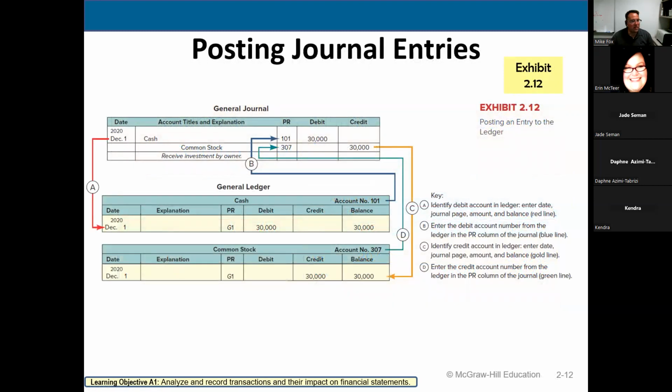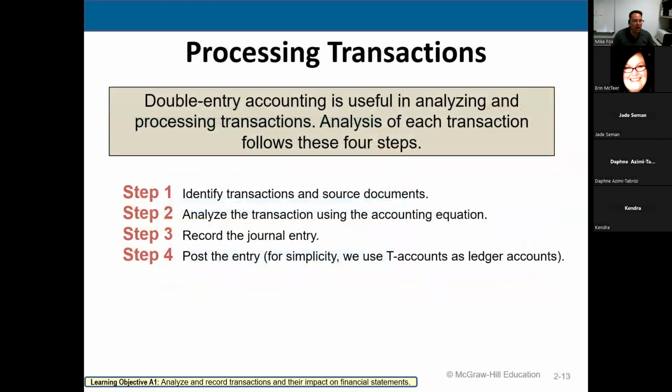All right, so that's just another thing on posting journal entries, which I think I've talked about at length. So I'm going to move on to some examples. I think that will be more valuable. We call this double entry accounting because there always has to be a debit and a credit for any journal entry, and the debits and credits have to equal each other. So another sniff check to learn is that if my debits and credits don't balance, then something's wrong, and you have to go back and look at it another time.